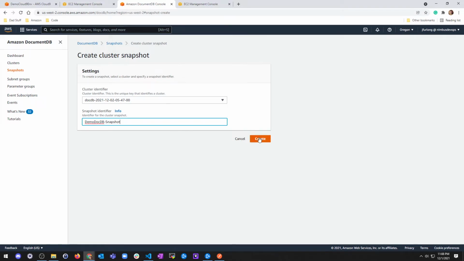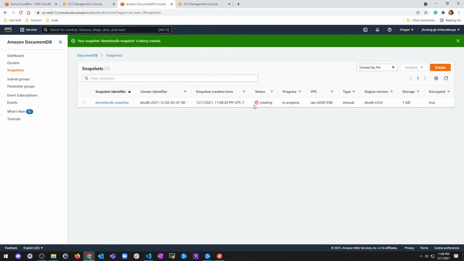And I'm going to create this. So it's going to go ahead and create. And while it's creating, I'll explain why I'm doing this. When you delete a cluster, it'll delete all the snapshots identified with that cluster as well that are created by the system. Any manual snapshots created of a DocumentDB cluster is actually retained, and you have to go back